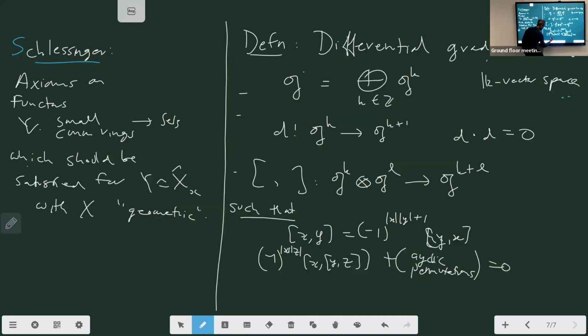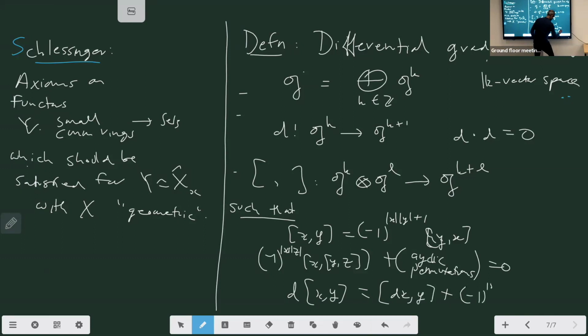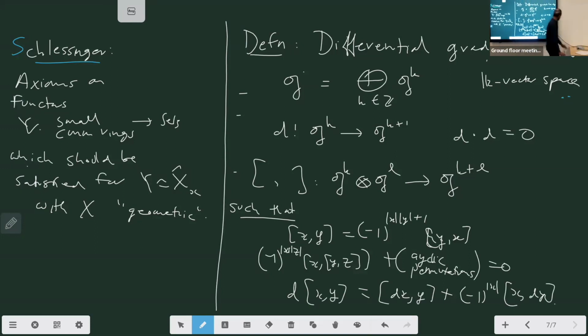And d of the bracket of x and y satisfies the Leibniz rule. So what a differential graded Lie algebra is: it's a vector space with a Lie bracket which is graded and is compatible with the differential. So if you have a differential graded Lie algebra, you can define